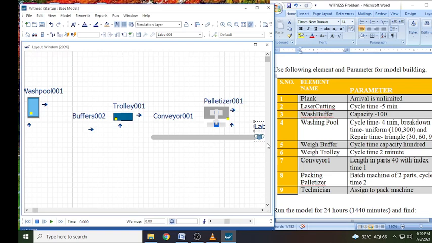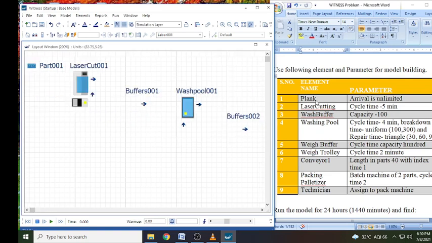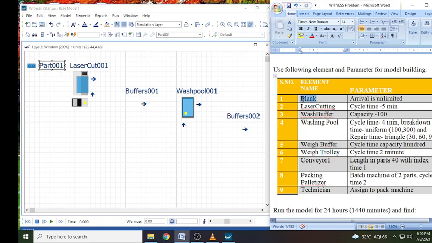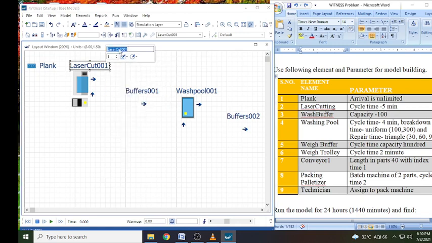Now we will move towards the second step, that is renaming of all these elements. So we will start with the part. The part is named as plank. Let me see, can I copy? Paste here, done. Now laser cutting. I'm copying this and then I will paste it here.